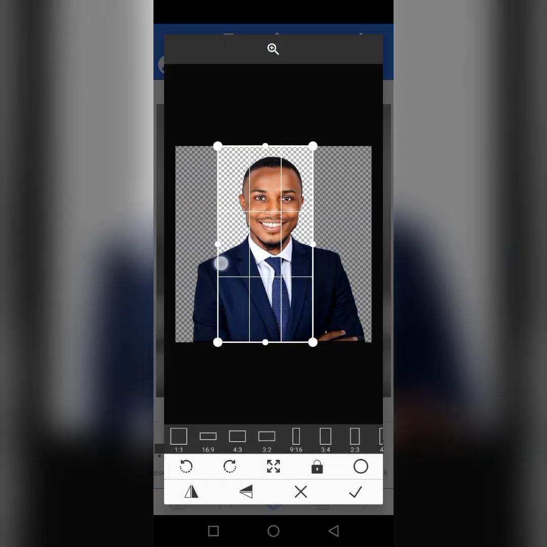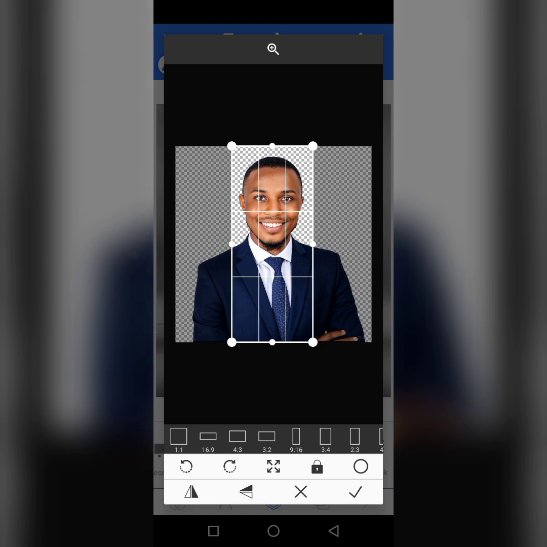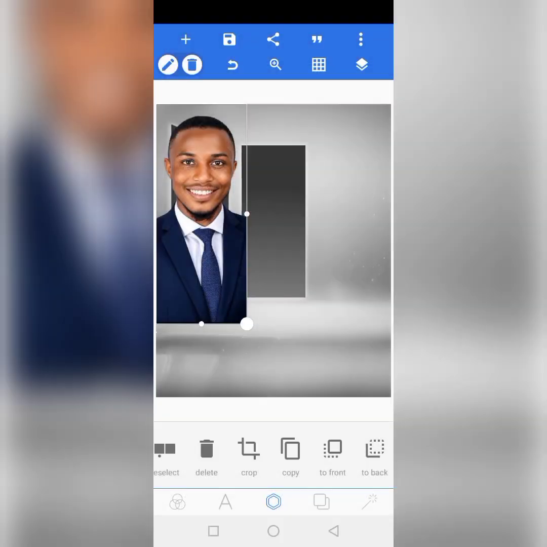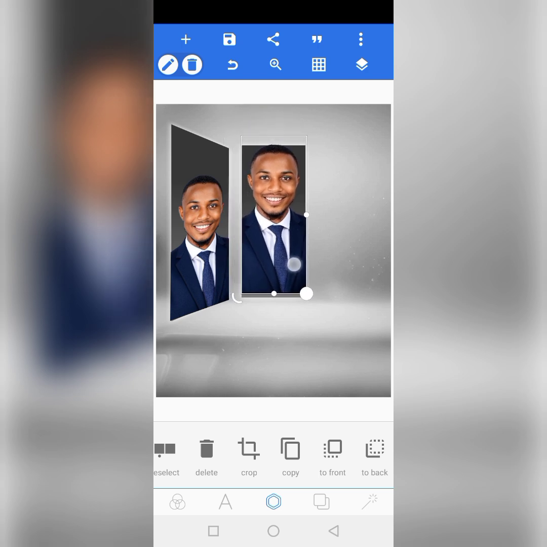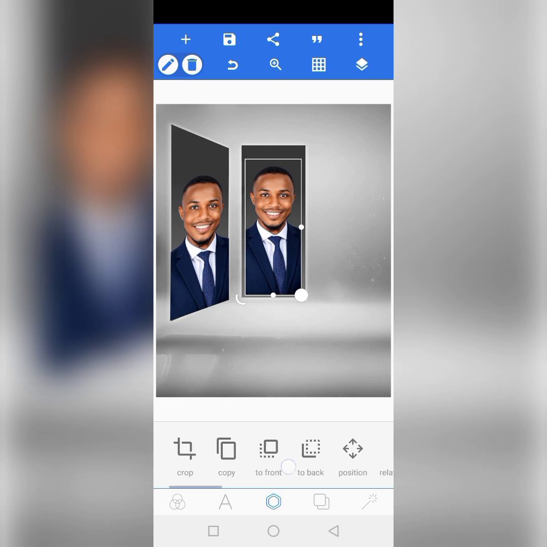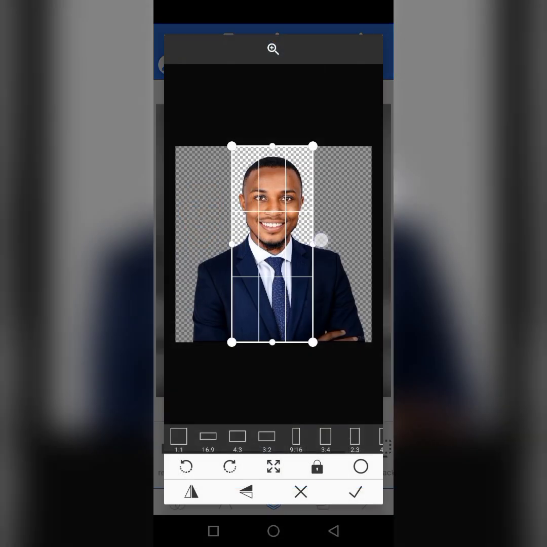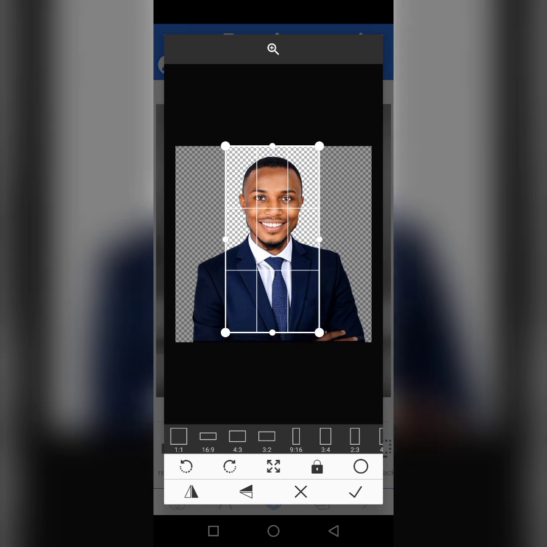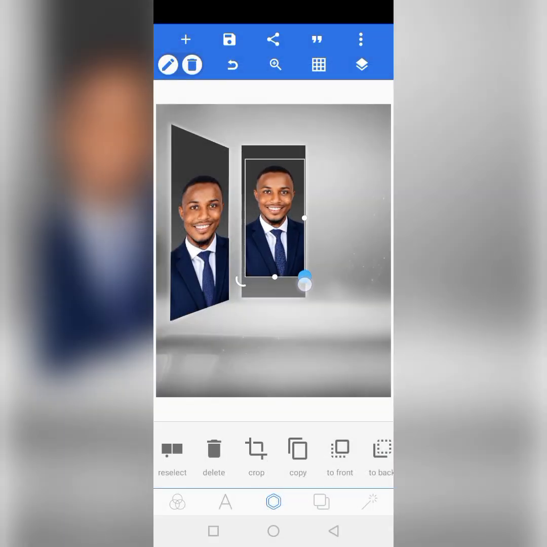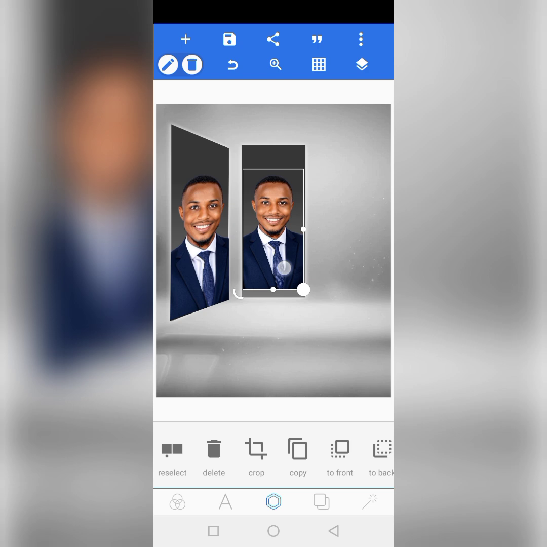crop it. Okay, let's crop it this way. Okay, now we reduce the size. Reduce the size. Because this is on the center, so let's just crop. We might not be using perspective on anything because it's on the center. All you need to do is just try to adjust and make sure